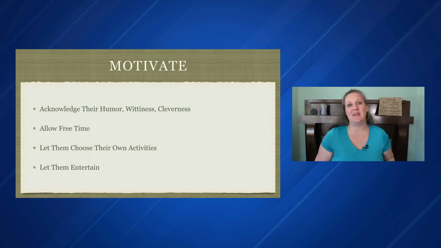Let them be who they are. Let them excel in the things that are naturally good to them, good for them, with them, inside them. They are good at entertaining. Let them do it. It's going to be what they need to do whatever they're supposed to later in life. And so they need this experience entertaining in a way that they say, okay, that's appropriate, that's not appropriate, that's funny, that missed the mark. Let them try. Let them practice. This is who they are. And they need space to be able to practice it at home.